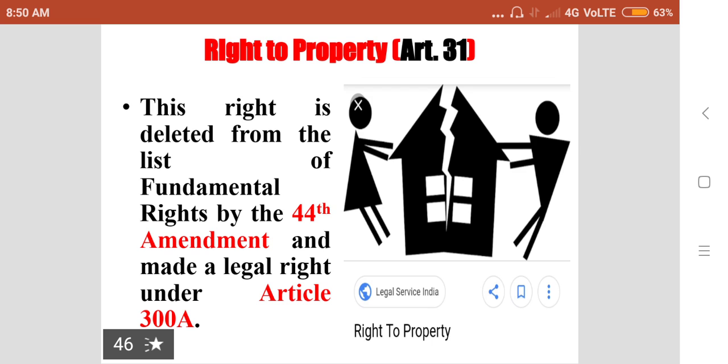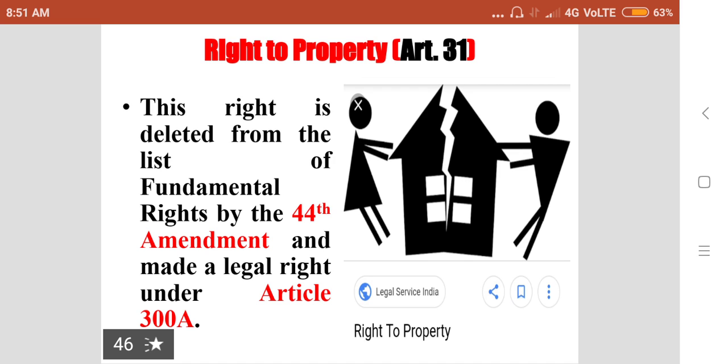Then next go to right to property, which was earlier one of the fundamental rights, but now it is only a common legal right in our constitution. This right was deleted from the list of fundamental rights by the 44th Amendment and made a legal right under Article 300A. So earlier, when it was a fundamental right, there was no right for any public authority